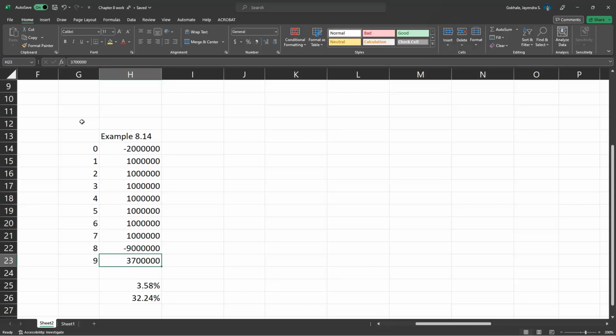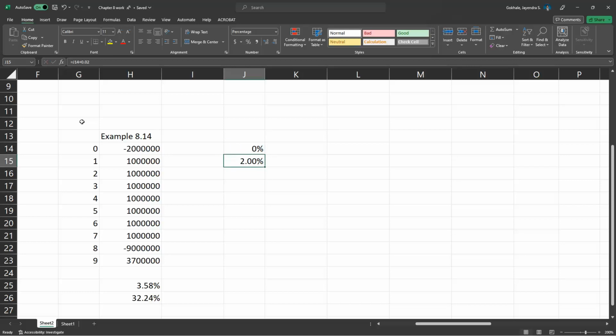So the project has multiple negative and positive inflows and outflows, and that's causing the project to have multiple IRRs. In particular, there are two sign changes here, one from negative to positive and again from negative to positive, which is causing these two IRRs. Now let's find out the NPV profile at different rates of interest. So we'll go from 0 to 36%, and so we'll start at 0%